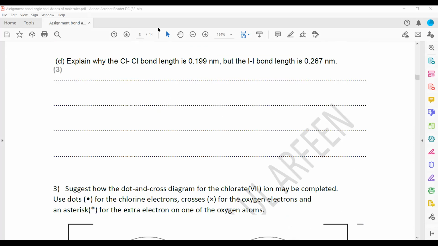The next question they're asking: explain why the bond length of chlorine is 0.199 nanometer, but for iodine it is 0.26. So what is the reason why iodine has a greater bond length? It depends on the size as well. As you can see, the iodine is having